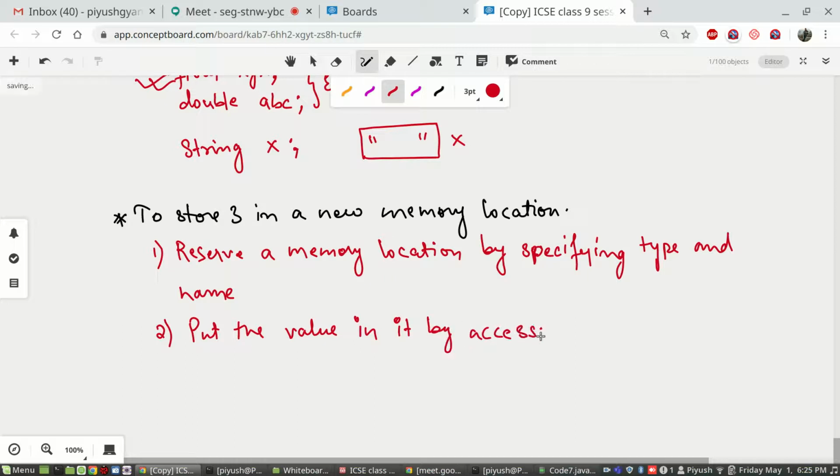How do we access? How do you look for your stuff in your warehouse? By looking for the label you put, the label or the variable name, which is the name of the location. This name or label is also known as an identifier because it identifies that memory location.